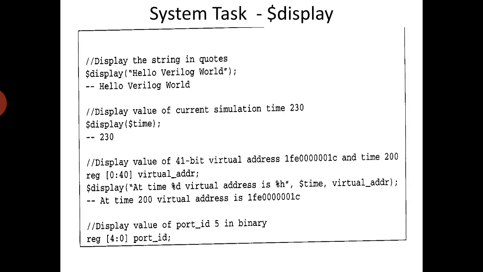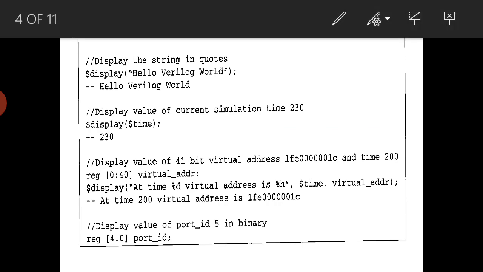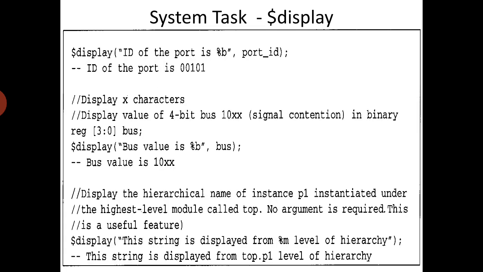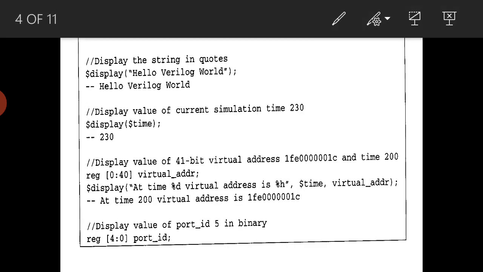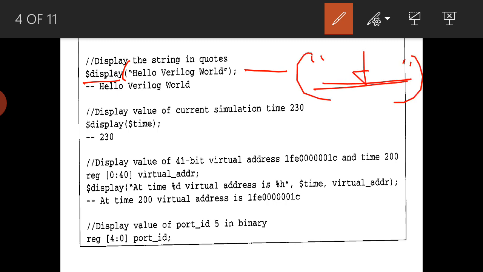Okay, we will see some examples on how we can use $display here. I want to display some string, hello verilog world. In that case, for $display and a string, as we already know, we define it in double quotation marks. Whatever we write will be taken as a string here.